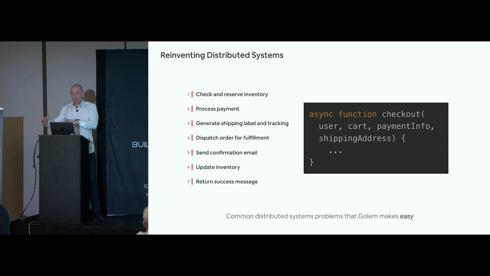You write that same code on Golem, and it's just naive code, right? It just does one thing after another. There's nothing fancy there. It's just ordinary code written in any programming language you want that can compile to WebAssembly. You deploy that on Golem, and magically, that will almost run like a transaction in a database. If step number 1 happens, step number 2, 3, 4, 5, 6, and 7 will also happen.